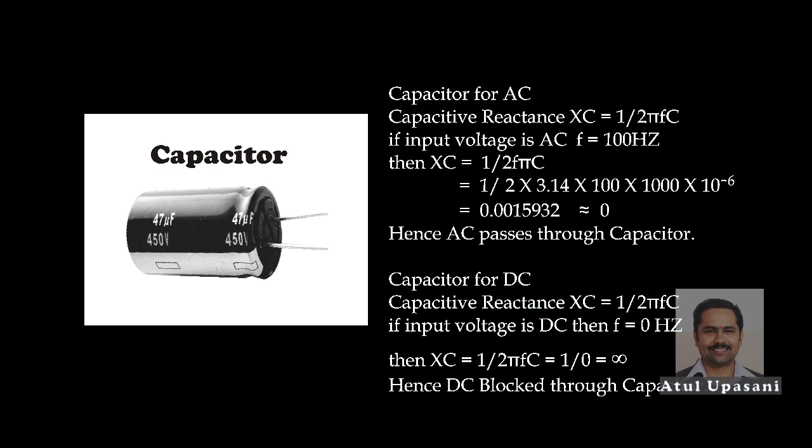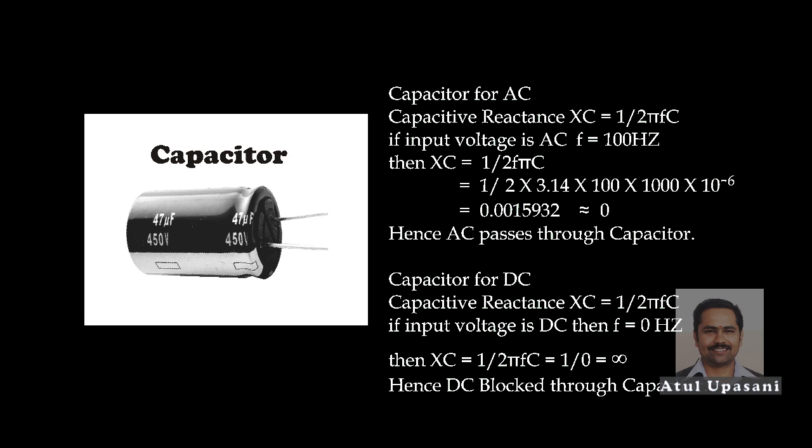Suppose the input voltage has a frequency of 100 Hz. Generally in India we use 50 Hz AC voltage for power supply, so here the frequency of AC is 50 Hz. If you are using a full wave rectifier, this frequency gets doubled at the output. That is why we have considered the frequency equal to 100 Hz here.